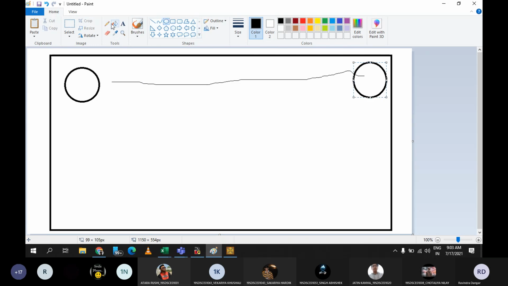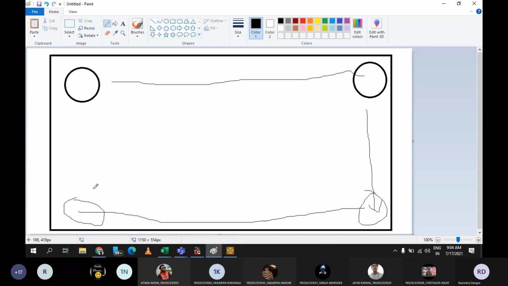Then from here it should move in the vertical direction till here. From here again a circle is drawn, and here also. So it is not that every time you need to draw 4 circles. You need to draw only one circle, but you need to move this circle like this. The circle will start moving from here, so it will come horizontally, then vertical, then horizontal, then vertical. Until and unless the user presses any key, you need to move this circle throughout the window boundary. This is what you need to do. Is it fine? Are you getting this?